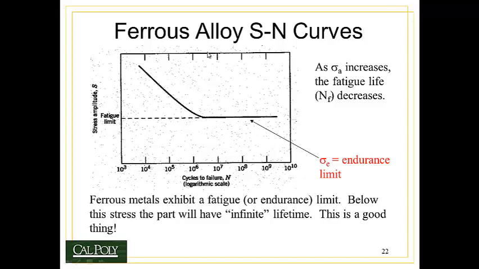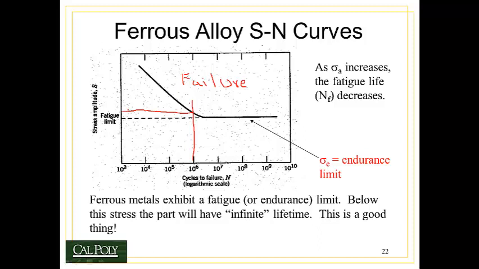In other words, anywhere above this line, we have failure. Let's write that in. I've got to get better at writing with this thing. So for example, if I had a material that I wanted to survive to 10 to the 6 cycles, I draw a line straight up from that point, and I would have to design it to be below that stress level. Otherwise, I risk the possibility of a failure.